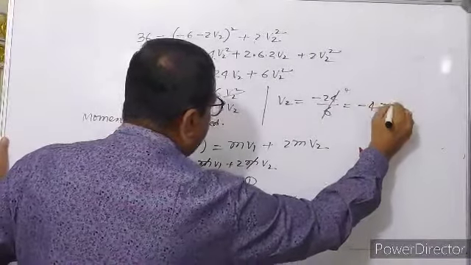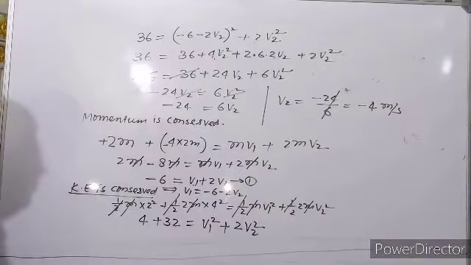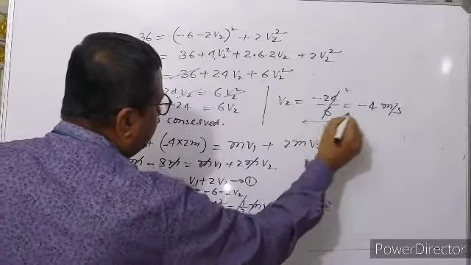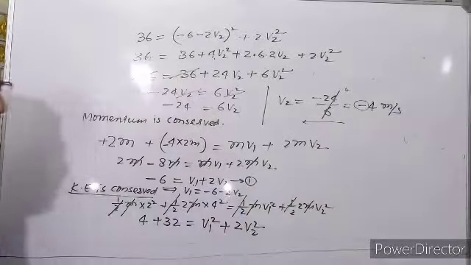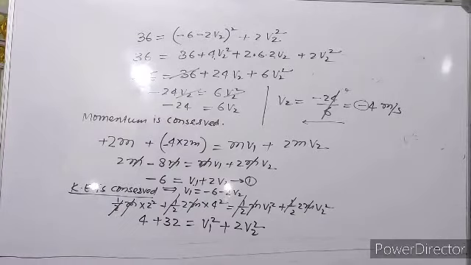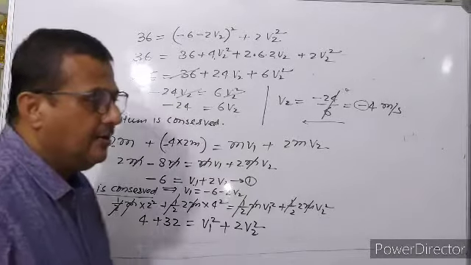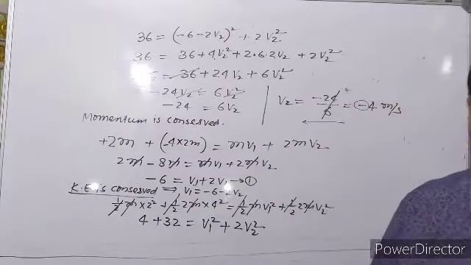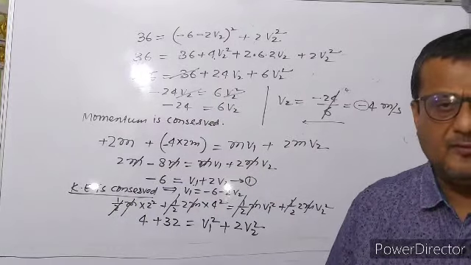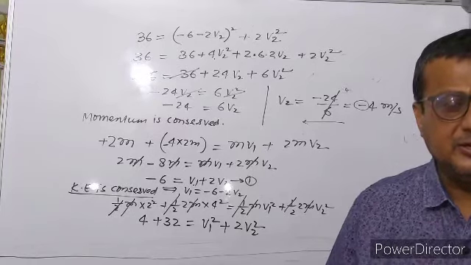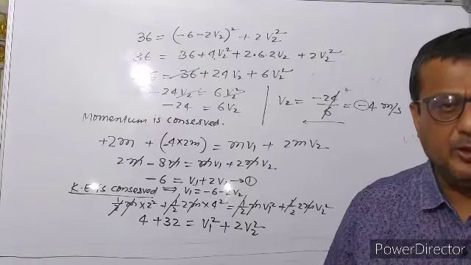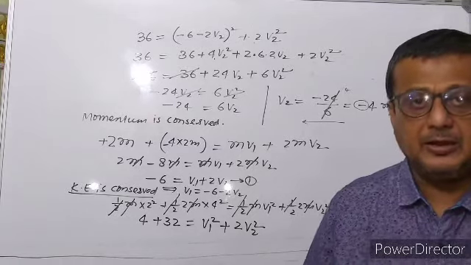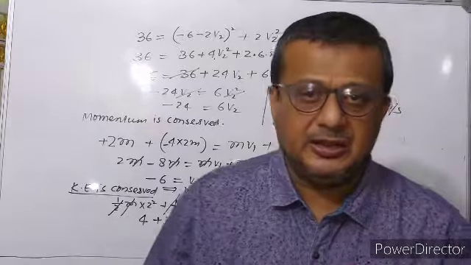meters per second. So the second ball will move in the negative direction. This negative sign shows that the second ball will move in the negative direction. Similarly, we can find the velocity of the first ball. So I think clear. No formula needed, you only have to see that in elastic collision momentum will always be conserved and initial kinetic energy is equal to final kinetic energy. I think clear. Thank you.